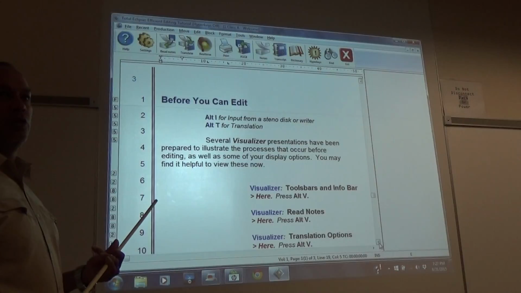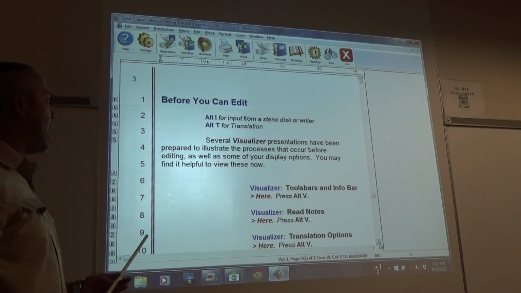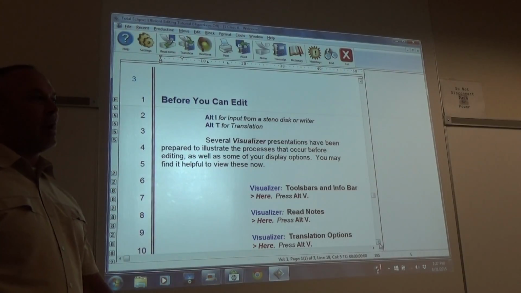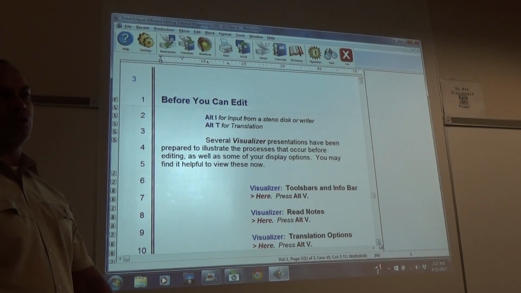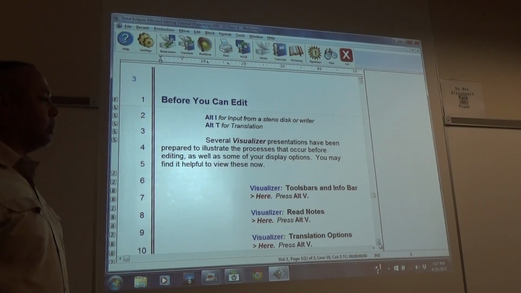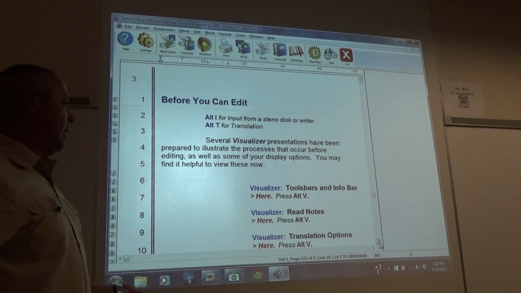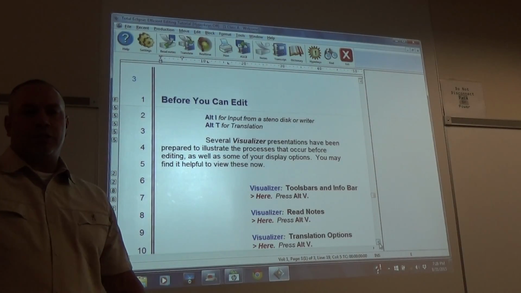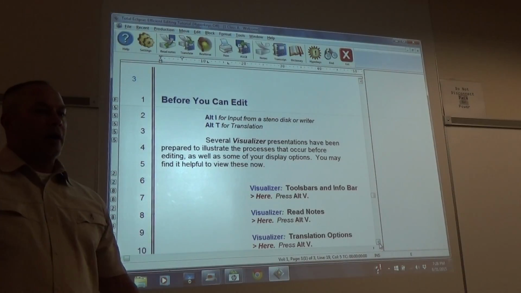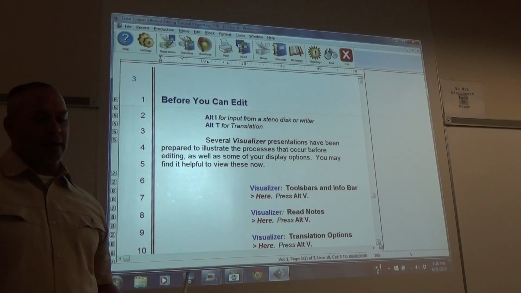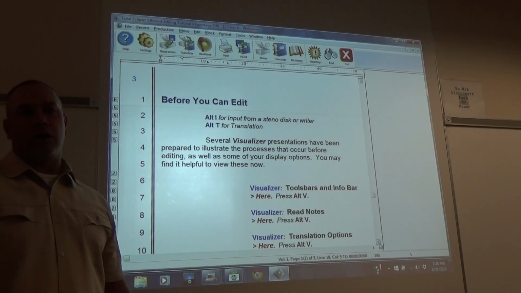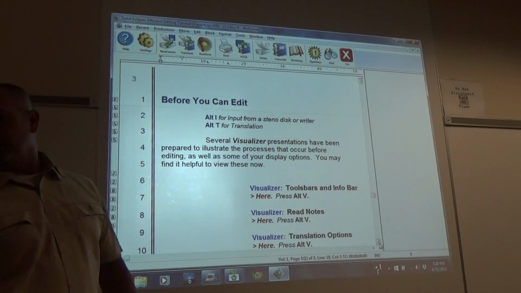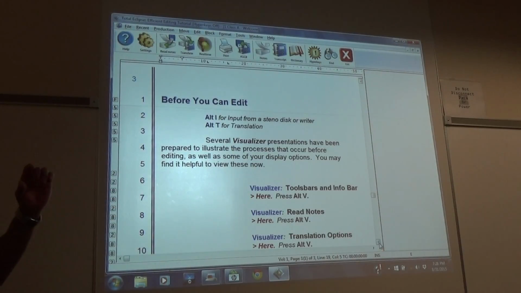So let's just say you take a job, and they want that job. It was a deposition. More than 95 times out of 100, you're going to type up the deposition that you go and take. Or if it's in court, you have it stored, and say they want it from that day. And the attorney comes up and says, I need all of that testimony from today read in, let me know how many pages it is, and shoot me an estimate on how much it's going to cost. So what you do is you take your computer, and you should have an SD card